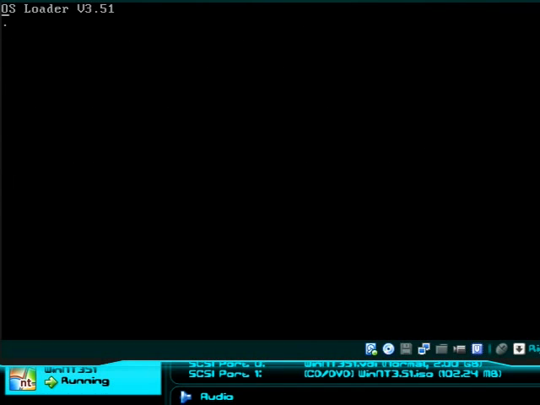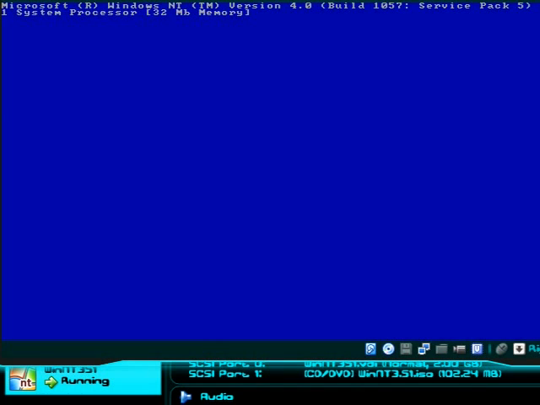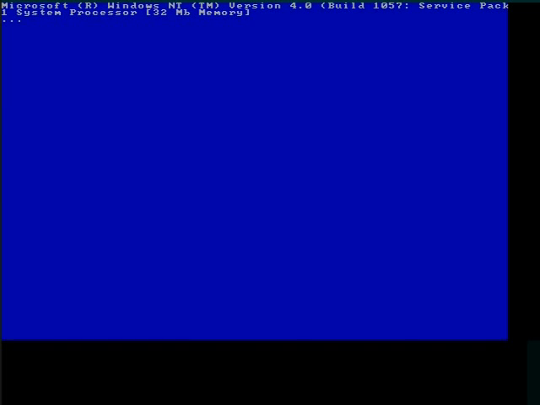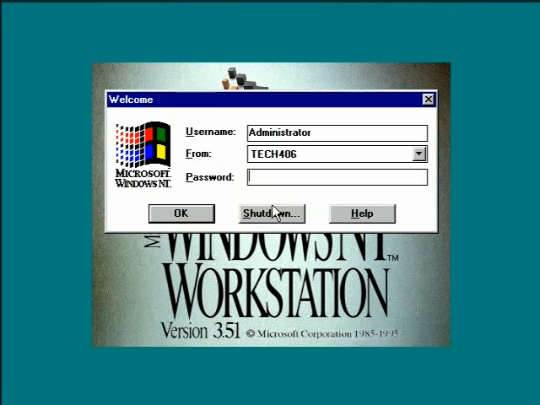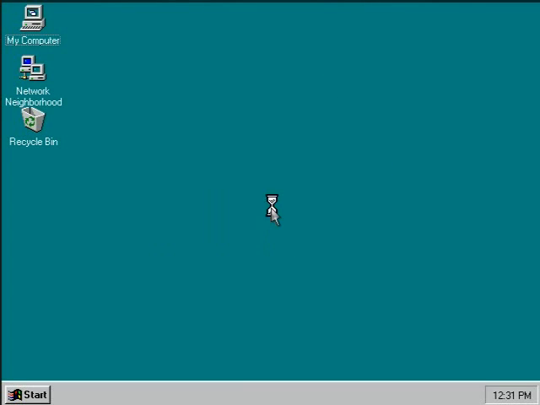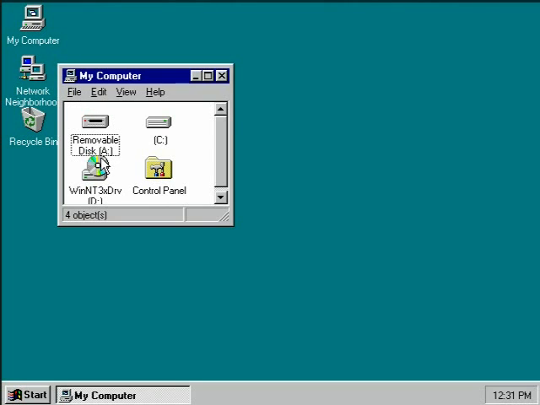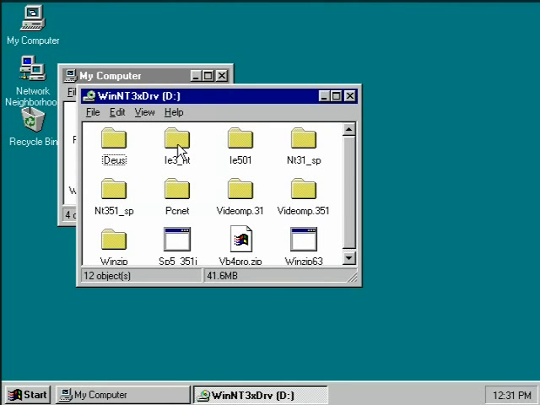And as an added bonus, I am actually thinking of doing the Internet Explorer update as well too. So that won't take long at all to do. So now we're in NewShell. And now we're going to go to my driver disk here. I'm going to go open up my computer, go into the drivers,